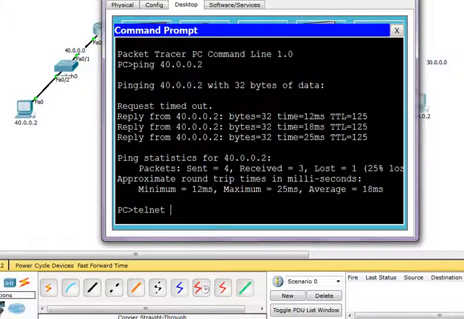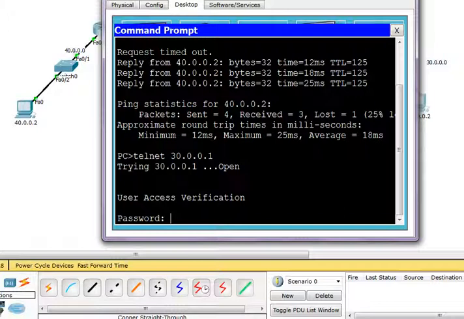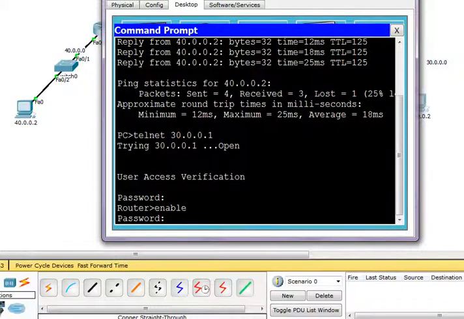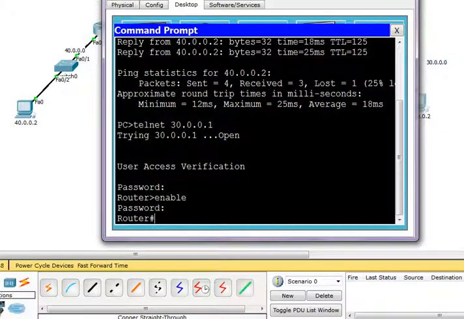Before we go ahead and do it, observe this is a PC. I'm on a PC. Now I put telnet 30.0.0.1. Now it's asking for the password. It's asking for the telnet password. Yes, now I'm in a router. It's showing me you're inside a router. You're no more on the PC. So I type enable. It's asking for the privilege mode password, which was Taha123. It will not show what I'm typing because Cisco routers are more secure, so that we cannot copy it or use software to get the password.